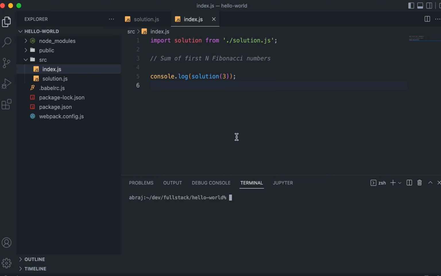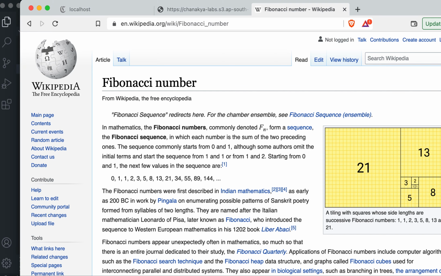In this video, we are going to tackle this problem where we have to find the sum of first n Fibonacci numbers. Now, what is a Fibonacci number? A Fibonacci sequence is a sequence of numbers such that each number in that sequence is the sum of the previous two numbers. So, for example, if you see here, then